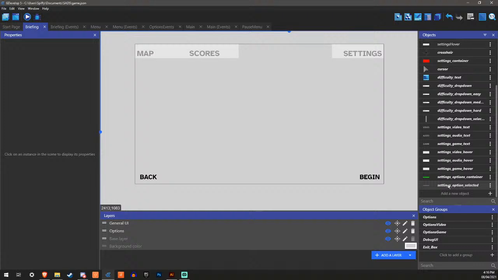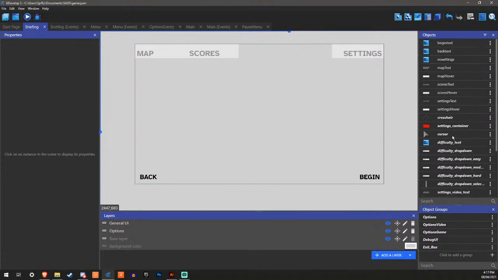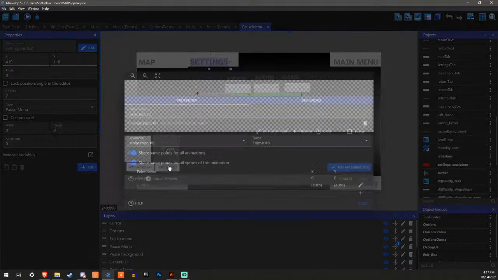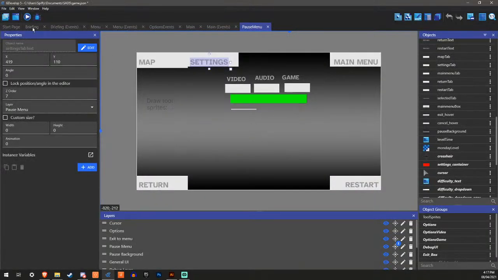Do I have what's the settings one? Okay, I don't have the thing. Selected tab. What is the point in this? Top left, okay, that's fine.